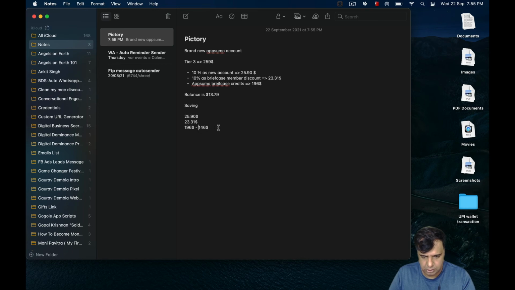I paid $147, so if I do 196 minus 147, I just gained $49 from here also. So in total I saved 25.90 plus 23.31 plus 49.